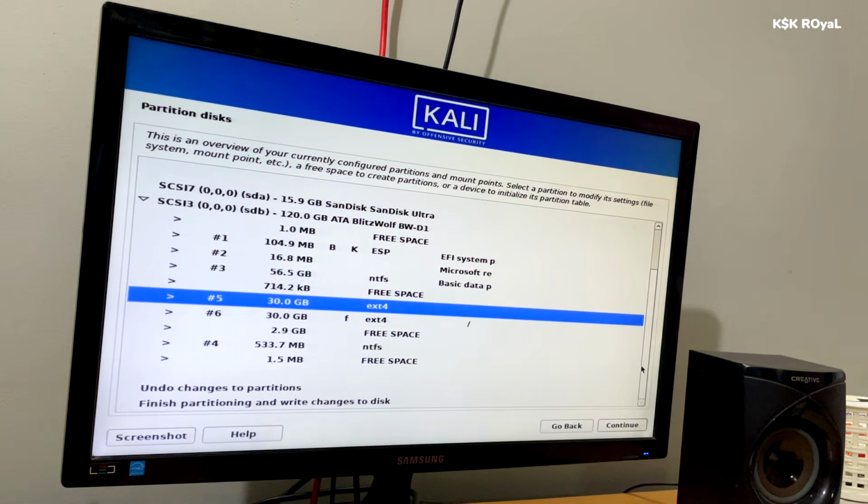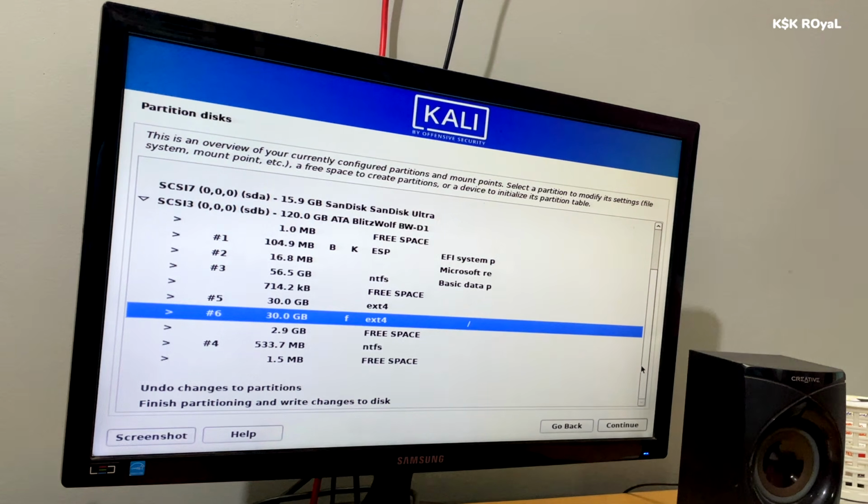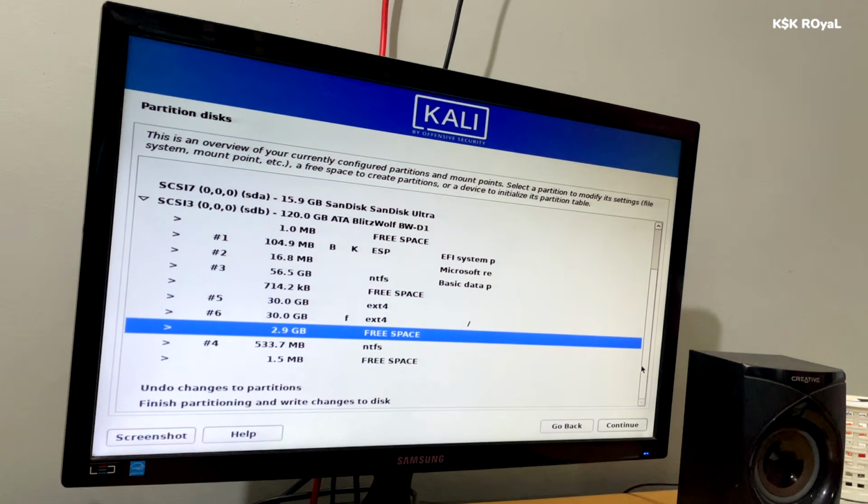It's time to create a swap area. A swap memory acts as a virtual RAM. If your system has a small amount of physical memory, for example, if your system has 4 GB of RAM, then use a 2 GB swap area to make the system more responsive. And for those who have more than 16 gigs of RAM, swap memory is not needed.